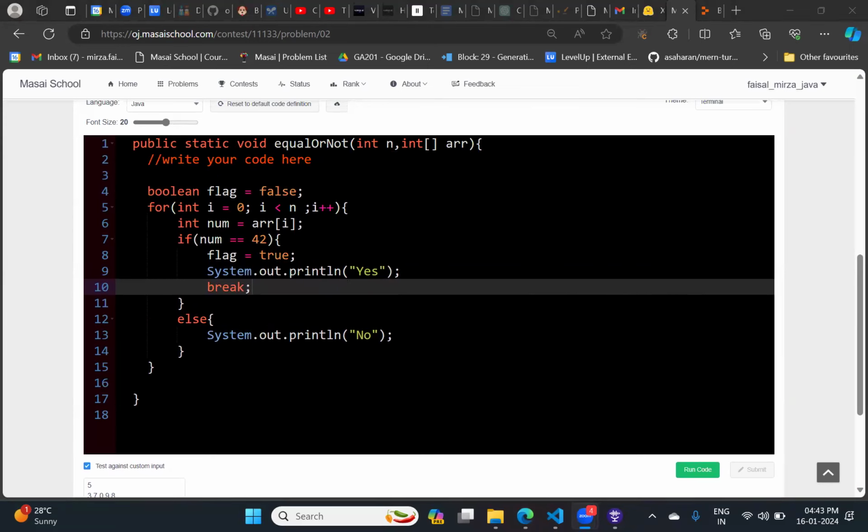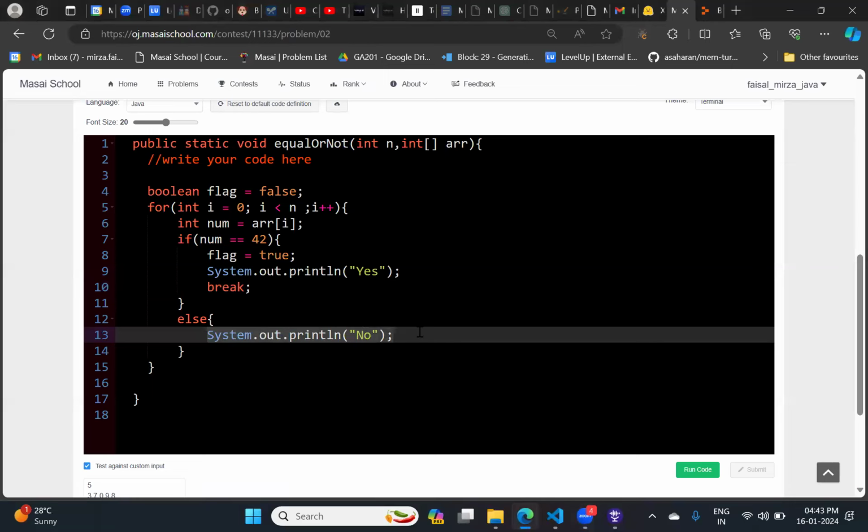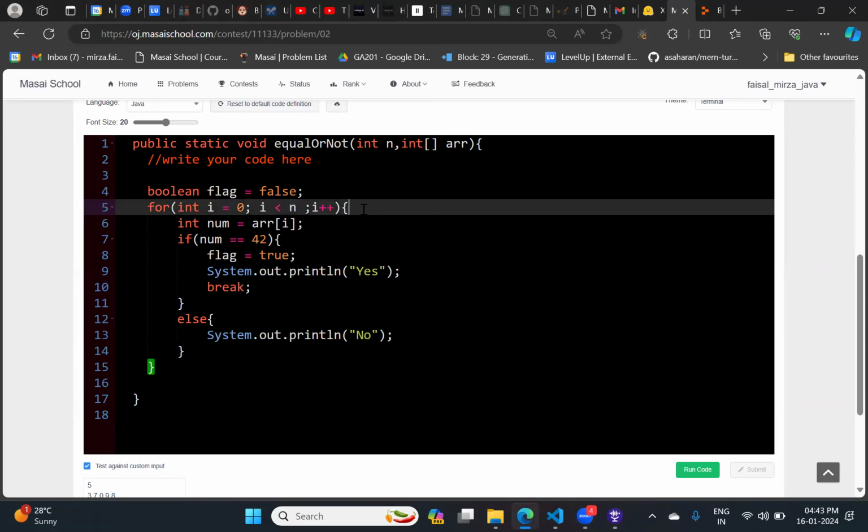So what do I need to do? If num equals 42, write this condition outside the for loop. Which condition? This one only. If num is equal to 42, you are telling me line number 7, write this condition outside the for loop.